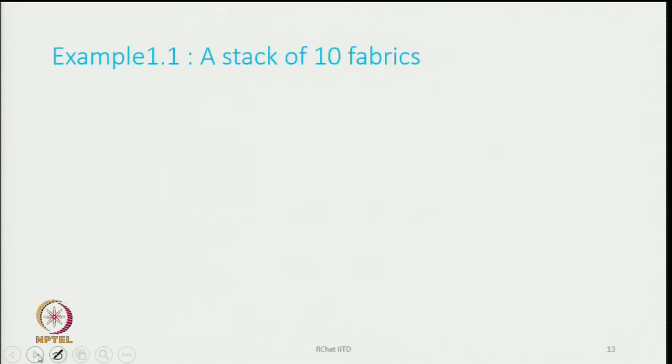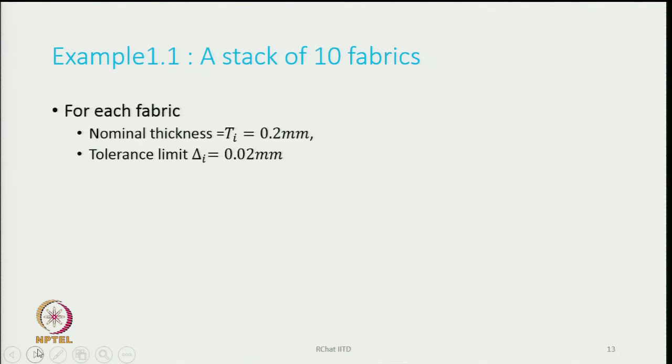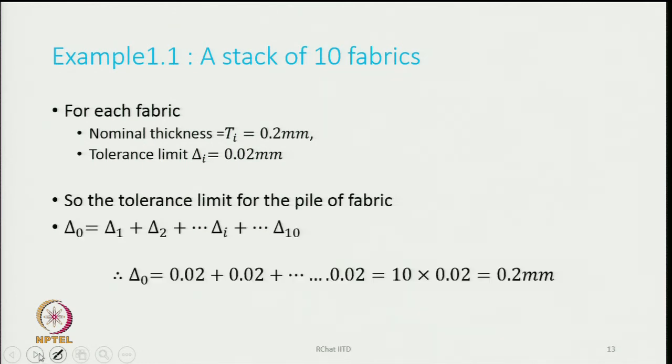So, the tolerance of the stack is going to be the sum of the individual tolerances of the fabrics. Now, if I take a real example of this, let us say the nominal thickness of a fabric is 0.2 mm. All the fabrics are assumed to be of the same fabric pieces. So, all of them have nominal thickness 0.2 and tolerance is 0.02. That means, there are some fabrics where the thickness will be